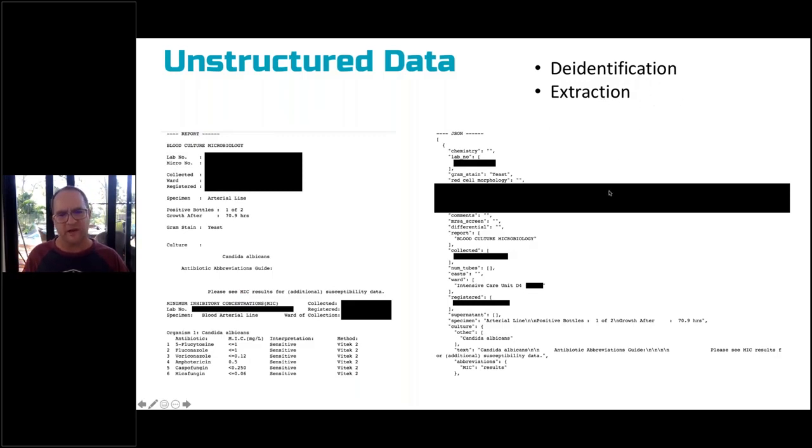And similarly, de-identification is a key part of this. So looking at unstructured data where there might be patient identifiable information in there. Again, with tools like Amazon Comprehend Medical, one of the APIs is PHI identification. That's a key part of the product for identifying and running us through that filter to make sure all data